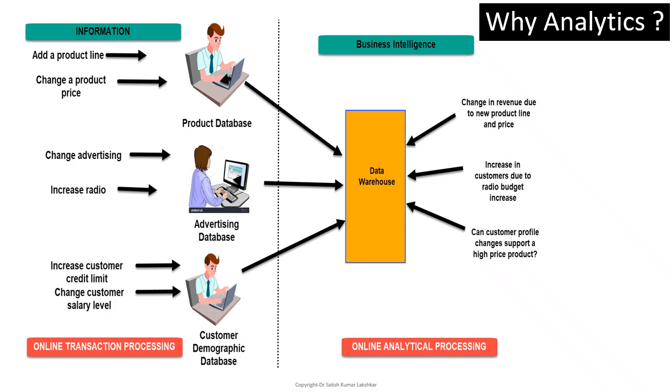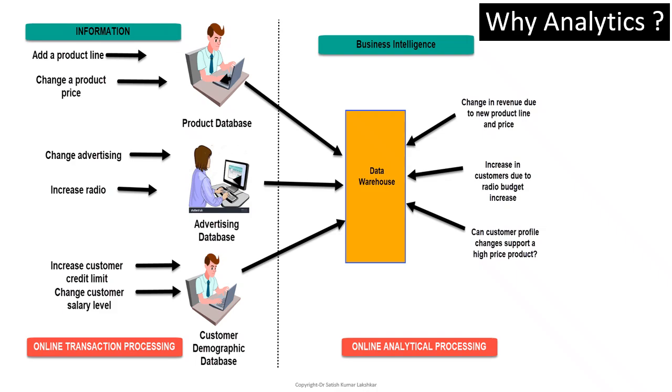Most of the companies are doing these types of transaction. So companies gather some data about online transaction processing, and they want to apply that information to improve their business or profitability. Then what information do they require, or what type of decision do they need to make? Maybe they are interested to add some new product line to attract more customers, more consumers, or maybe changing the product price. So these are examples of the factors related to the product database.